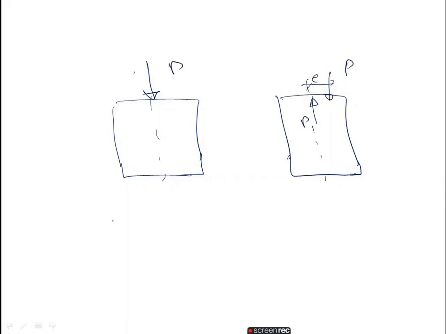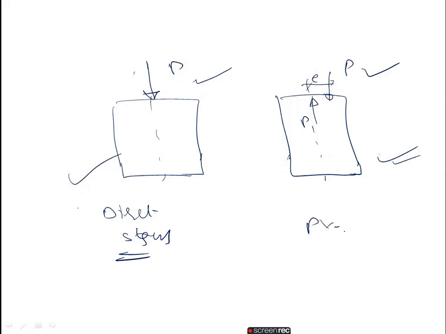So if you observe these two diagrams, what happens? The load is acting along the axis of the column, hence it will produce the direct stress. And if you observe here, due to these loads, it will form a couple. So definitely there will be a moment, P into E. This couple, P into E, will produce the bending stress. Like this, the bending stress as well as the direct stress will develop in this column.